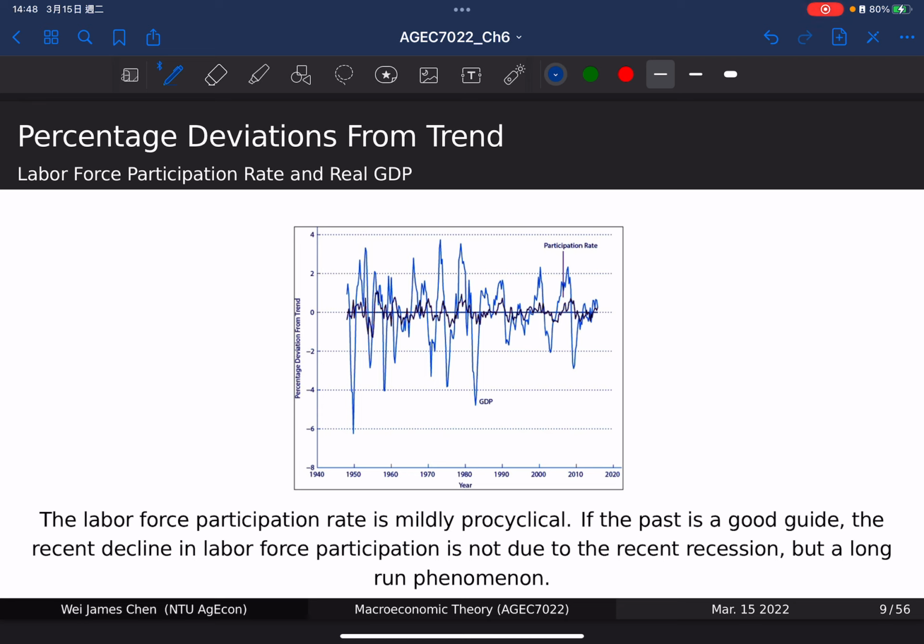And if you see this, this is percentage deviation from trend. So this is not just deviation from trend, but this percentage change. Okay, so divided by 100. This is okay. And you can see that